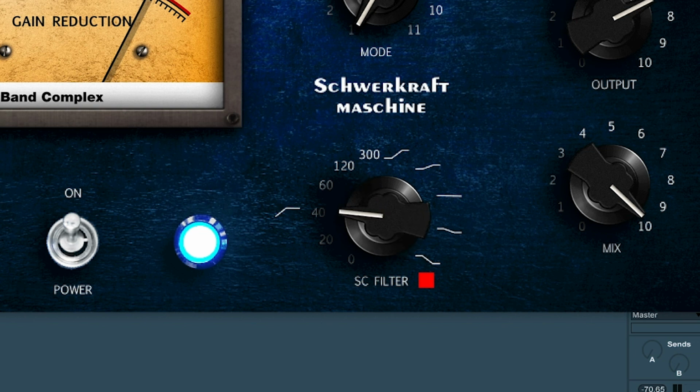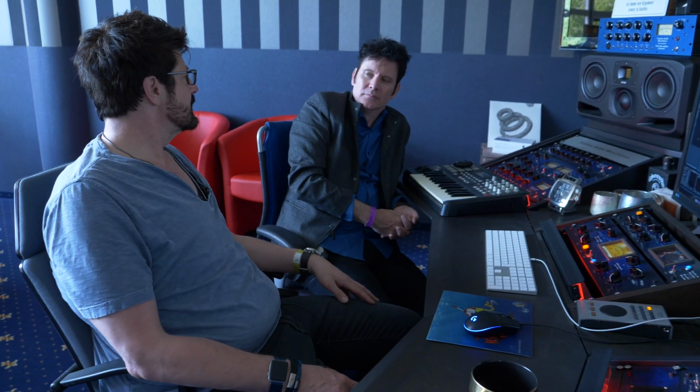That's great. But this is infinitely variable. So it's not just 0, 20, 40, 60. It's stepped everywhere. But not steps, sorry. No, not steps, everywhere in between. Yeah, that's fantastic. And you can also automate this if you like. So if you want to have pumping on one part and not pumping on another part, then...